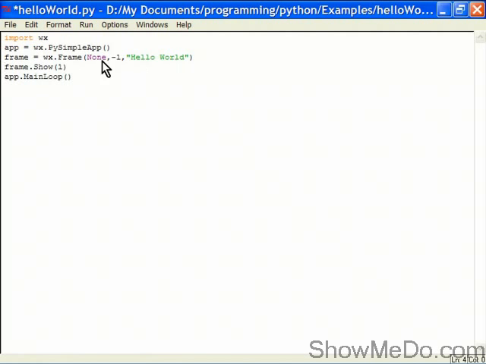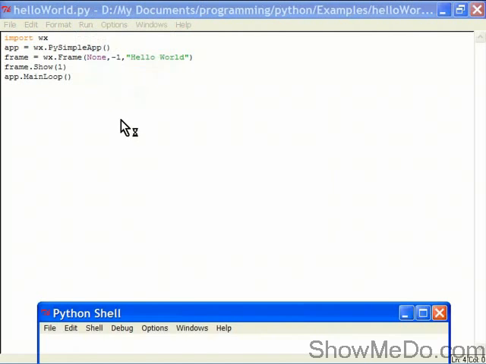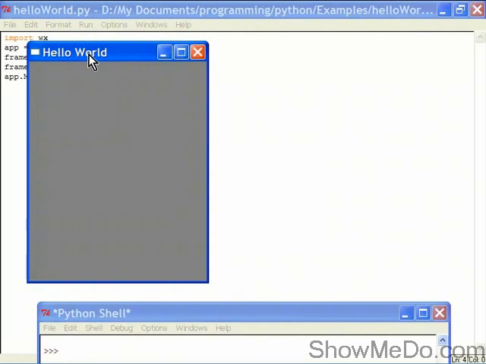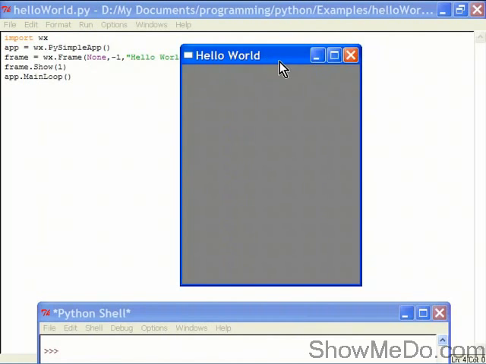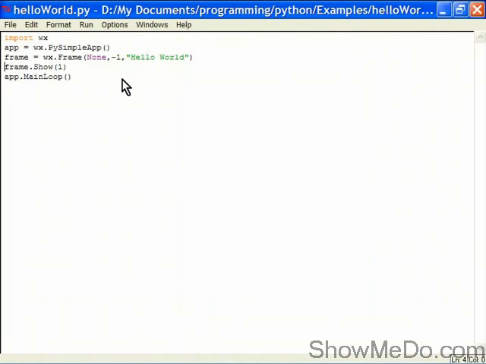So we had our frame here called Hello World. I'll show you what that did. I'll save it. That created our little box with a title Hello World. So in this Show Me Do we're going to take things a little bit further and create a more conventional